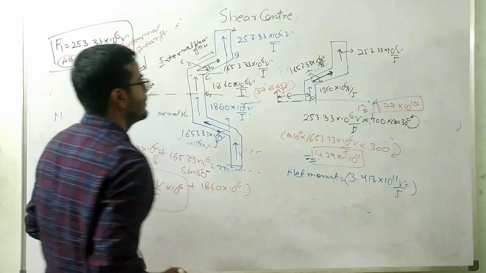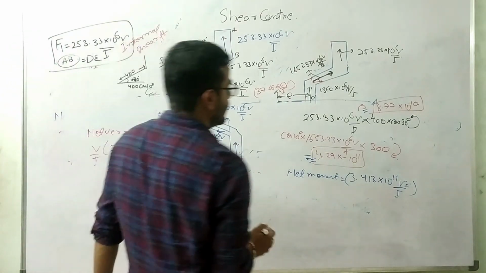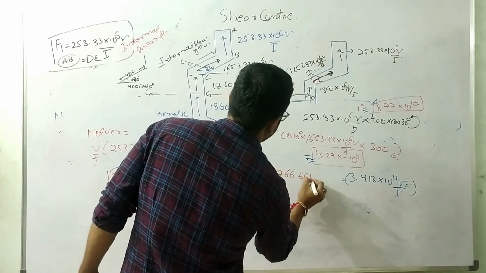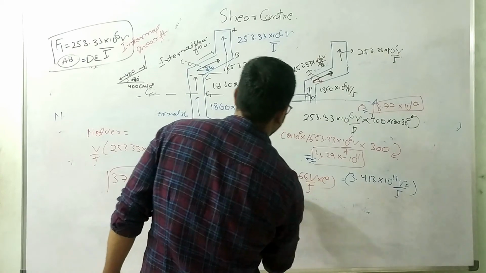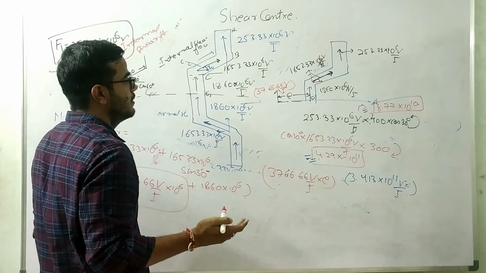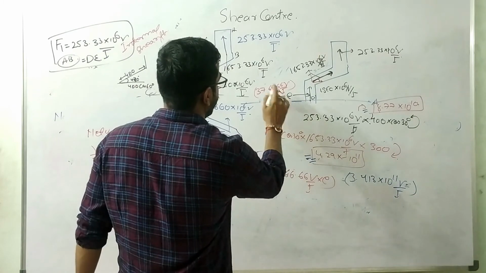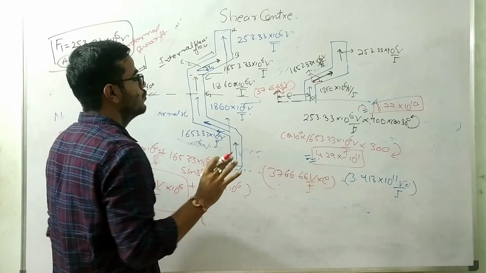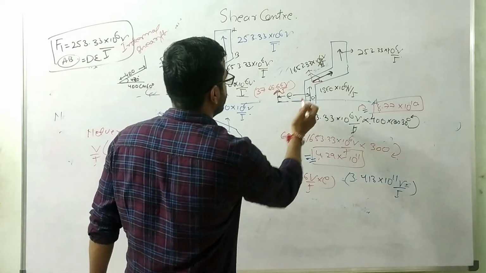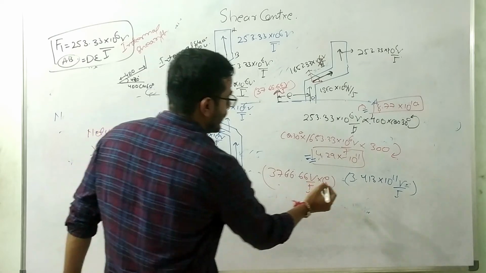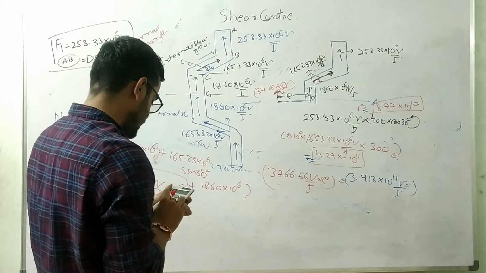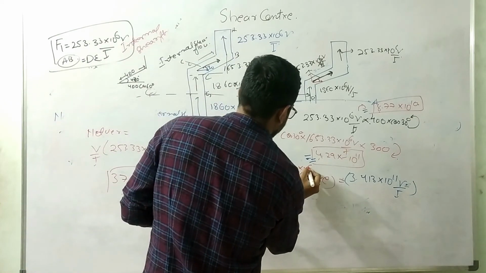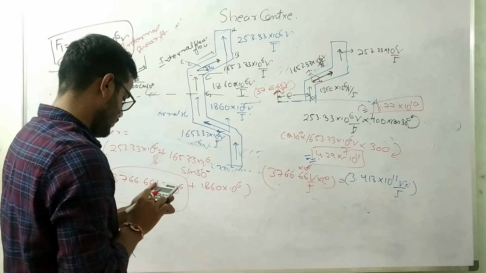Now we have to find the distance. The net moment will be equal to 3766.66 V over I into E. This is the way we find the resultant. This moment will be equal to the net moment at this point too, because the purpose of the resultant is to produce the same effect which is produced by these forces. So the moment will be the same. It will be 3.413 into 10 to the power 6.